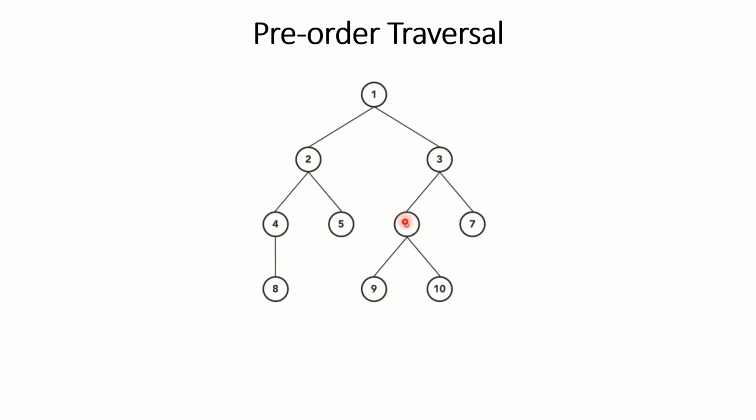Then 6 will make sure that it has printed 6, which is the root. And in pre-order, after root we have to print left and we have to print right. So its duty is over, and it will go back to 3. Now 3 will see, I have printed myself, root is over, left is over. Now what is at the right? Right is 7. So it will print 7. Okay, understood? After the left subtree, then only it will print the right subtree, which is 7. Right node is having only 7.